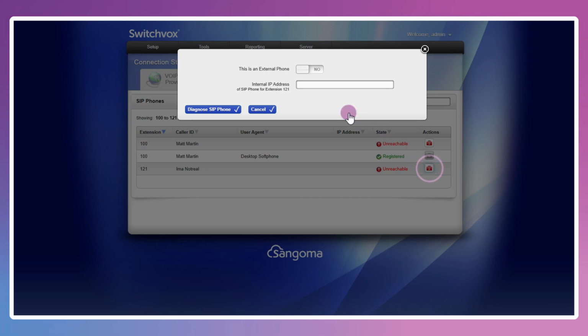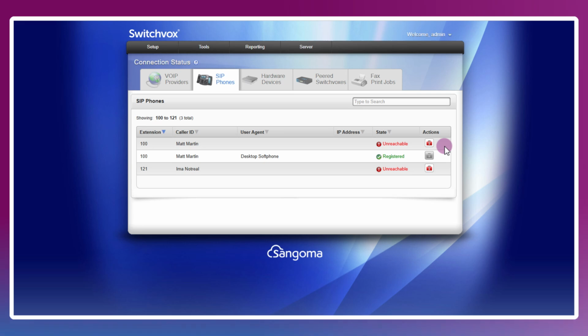Again, we can hit the diagnostics button, denoting whether it's an external or internal phone. Regardless of what the actual user issue is, this will let you know if they're online or not and help you in the troubleshooting process. For example, if you're unreachable, there's clearly a connection issue on the user side, the application is closed, etc. Whereas if the application is registered for the user and they're still facing some problems, then you'll be able to make some conclusions such as that registration or connectivity is not the actual issue in this particular user's case.